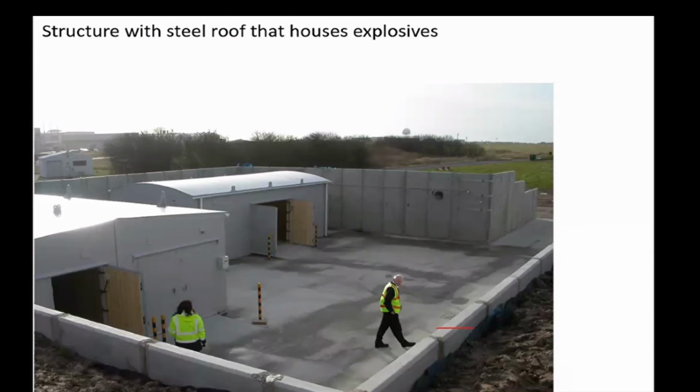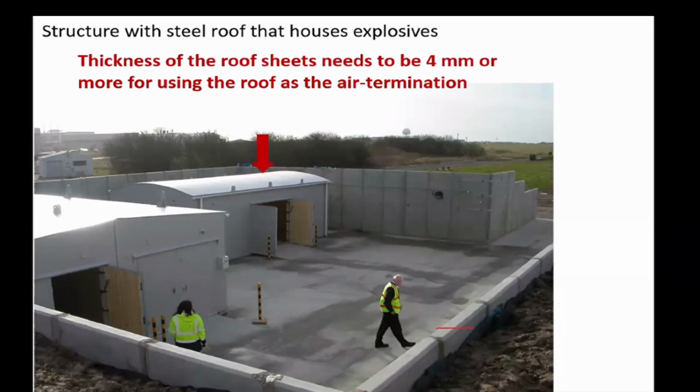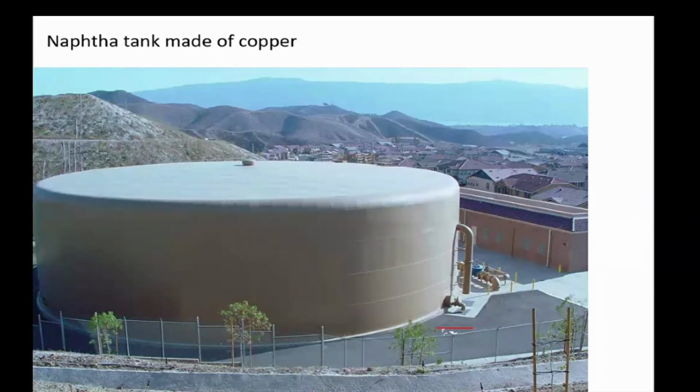Now you see a structure with a steel roof that houses explosives. Imagine that this is an explosive storage. If you are considering these roof materials as the air termination itself, it should have at least 4 millimeter thickness. The same applies to fixed roof naphtha or petrochemical tanks. Don't forget, I'm repeating, this is applicable only to fixed roof petrochemical tanks, not to floating roof petrochemical